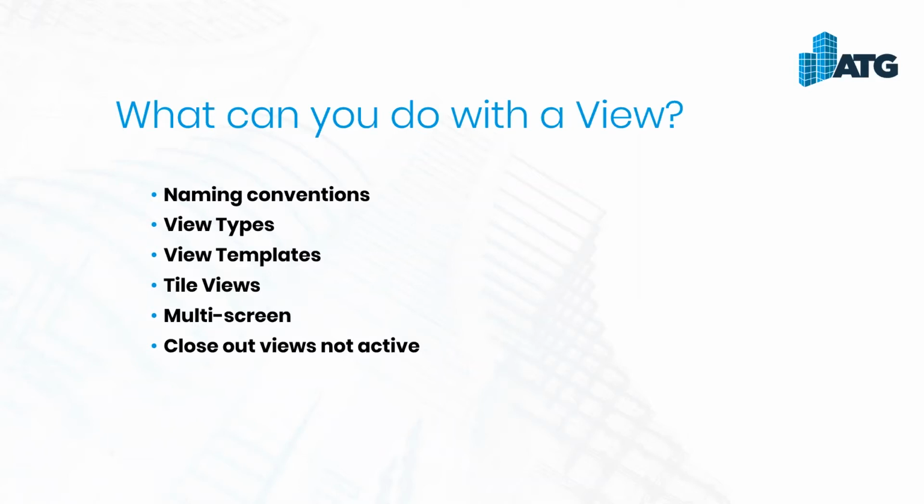The other option that Revit introduced a couple of years ago was the multi-screen option. Before, you could only place views within your viewing area, but now you're able to actually drag and drop it over to a secondary screen. So when you have multiple views, you can grab onto the little tile up at the top in your Revit and simply drag it over to your other screen, and you can maximize 2 views